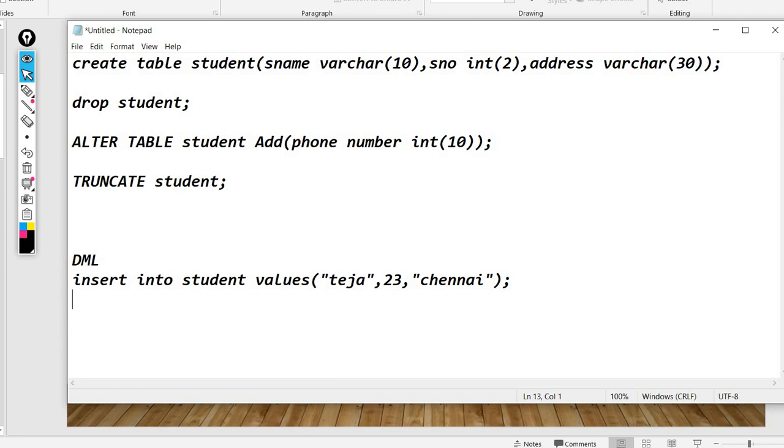There is one more thing here. You can insert by using the address also, like insert into student values.